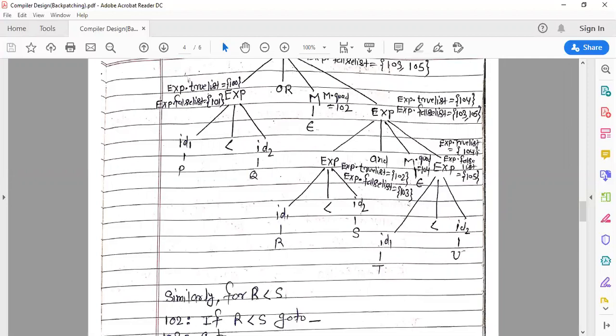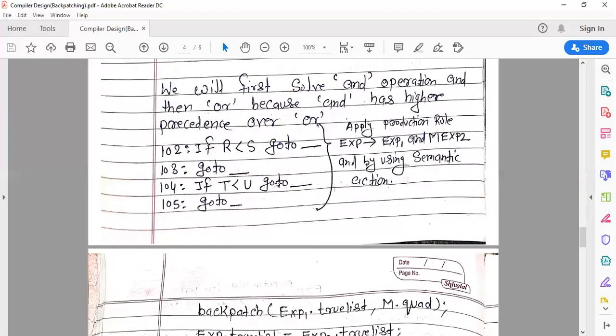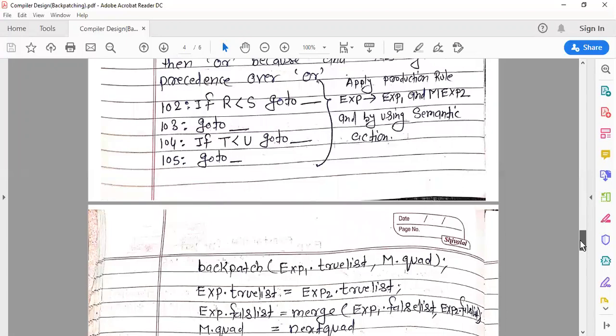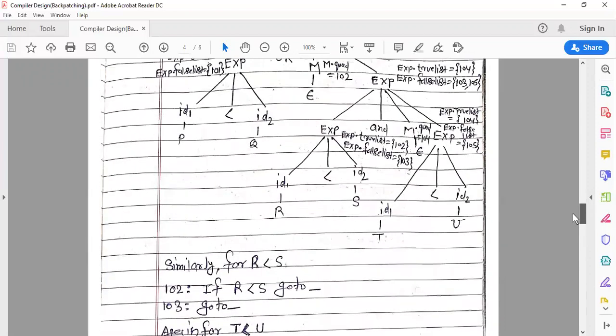Then exp.truelist 104, exp.falselist 105, and these true and false lists hold the true statement and the false statement. Now we have written the 3 address code for all 3 relational operators: P less than Q, R less than S and T less than U.